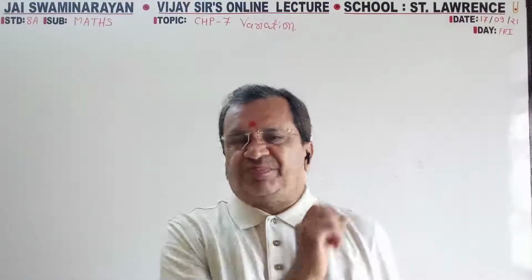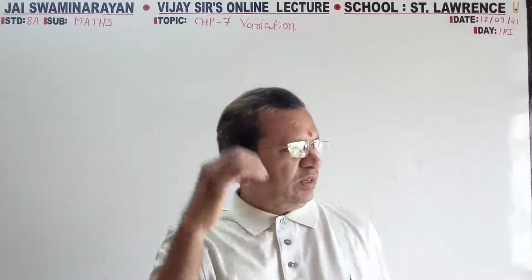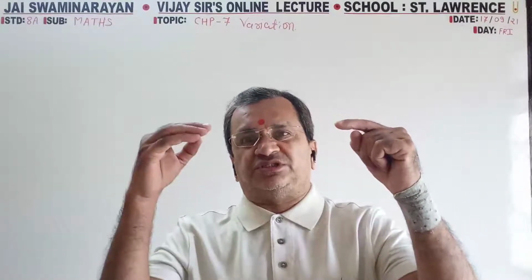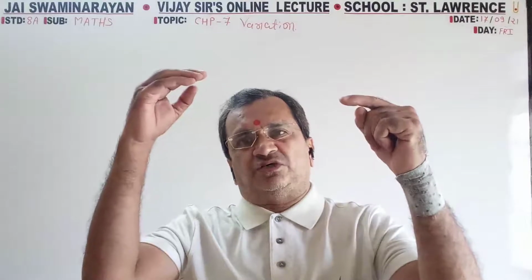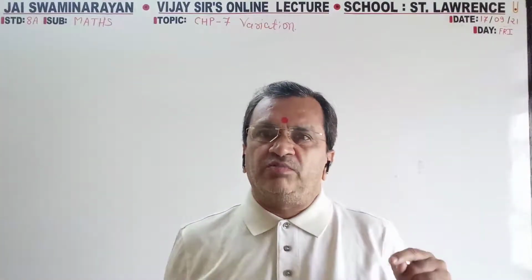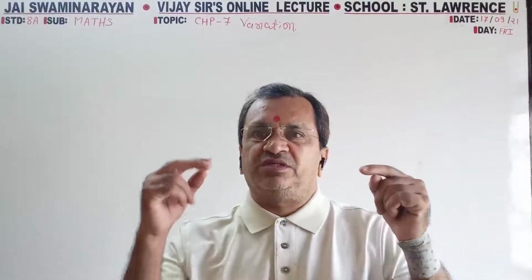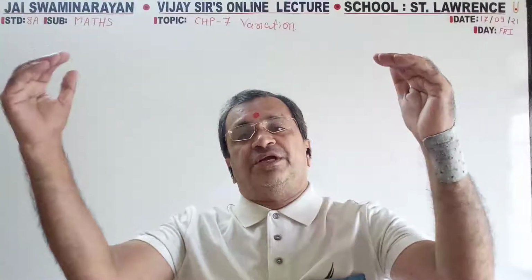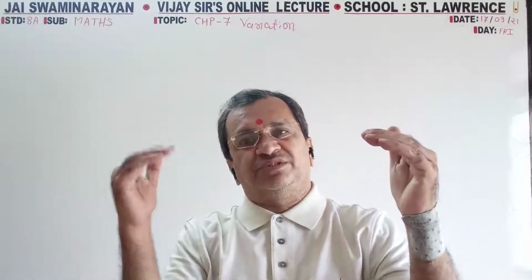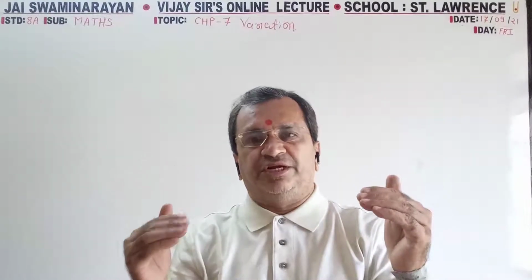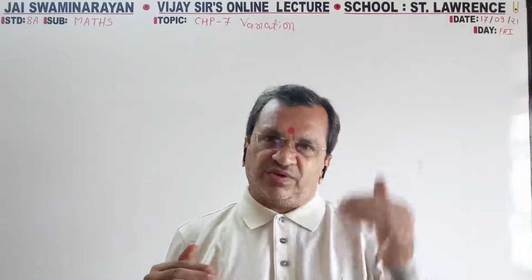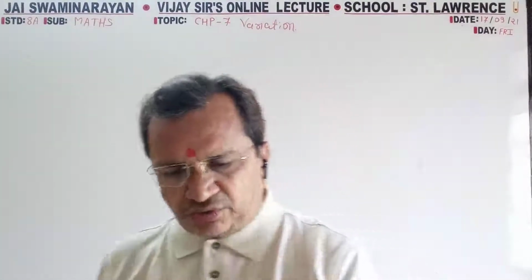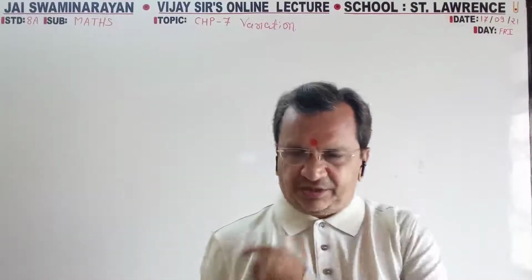Direct proportion, first part, variation. If one notebook costs 20 rupees, as notebooks increase, the price increases. One book 20 rupees, two books 40 rupees, three books 60 rupees, four books 80 rupees. Both are increasing. 10 books 100 rupees, 9 books 90 rupees, 8 books 80 rupees. So one decreases, second decreases; one increases, second increases. That is direct variation.